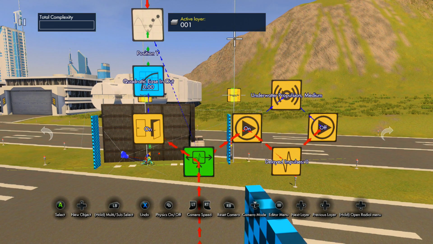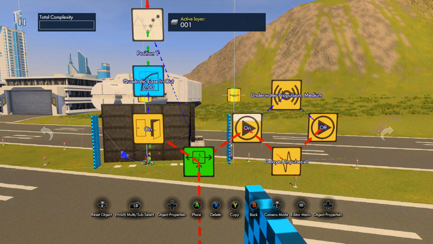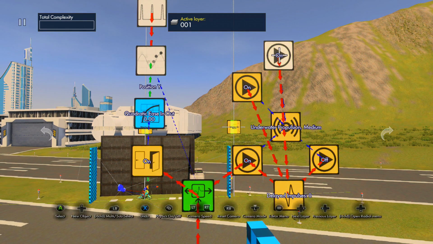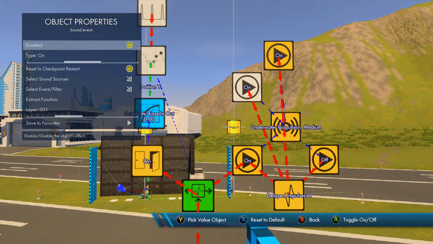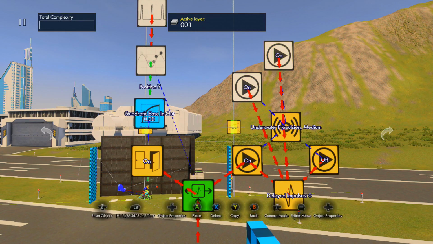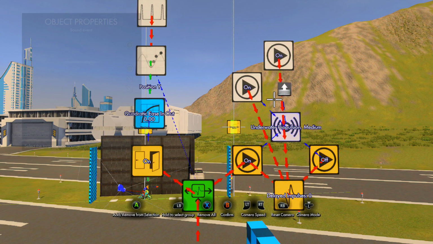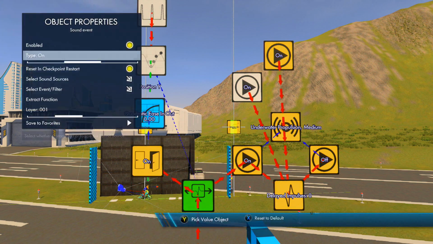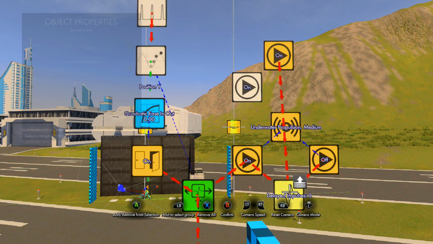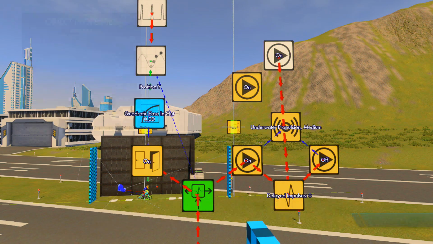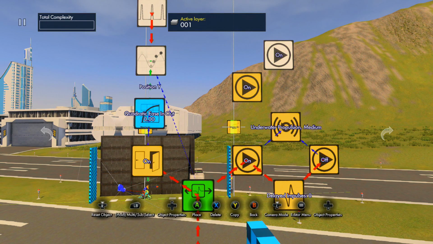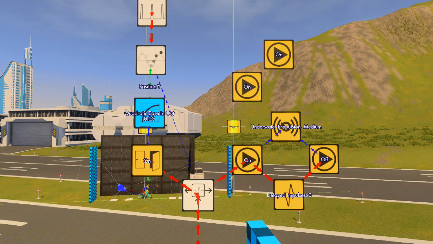Okay. Now we also need another sound event and another sound event. Okay, ignore all this. We're just going to uncheck it. We are not going to use that. We're going to say no filter. We're going to say no filter. We're just borrowing it, pretty much. Now we're going to